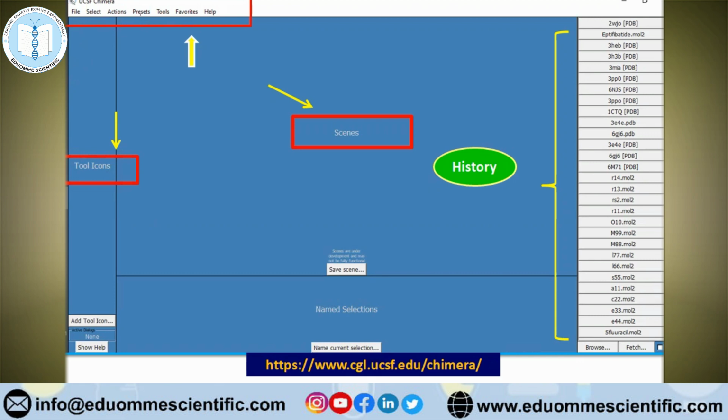With these, we can do certain tasks like changing the color, deletion, addition, selection, building the ligands, energy minimization, and so on. This is the screen, the canvas you can say, where we can visualize the molecule, and in the right panel we have the history. Whatever task you are performing, all those structures will also be visible in the history panel. So the next time you perform a task, it will be easier to trace our molecule.